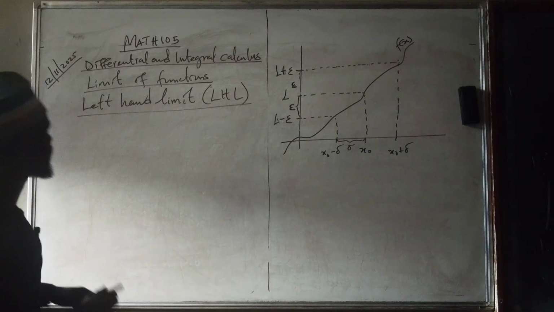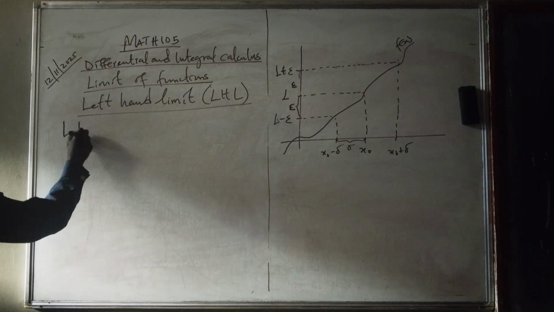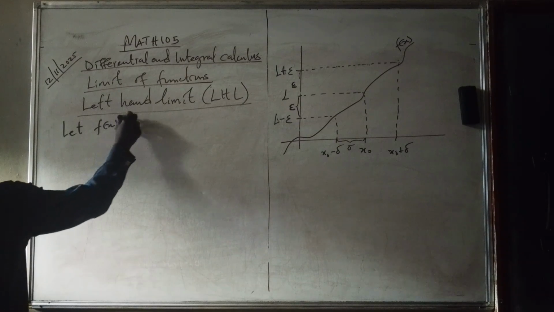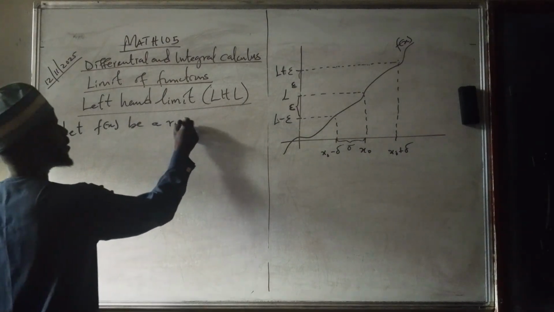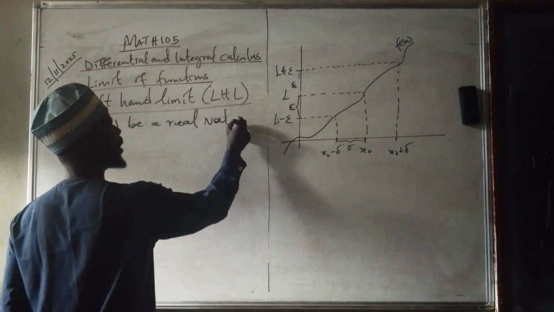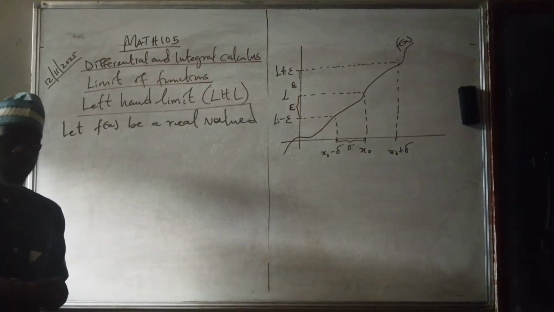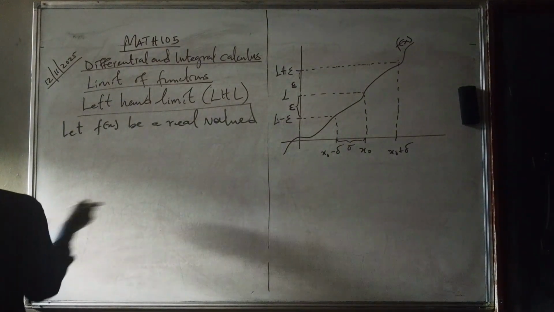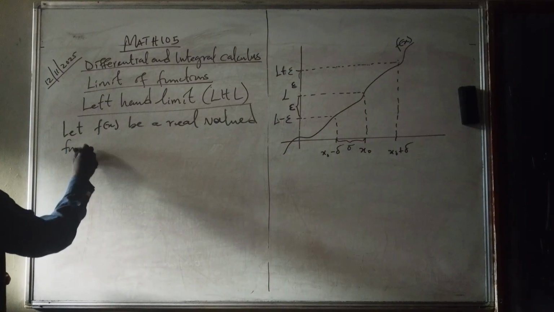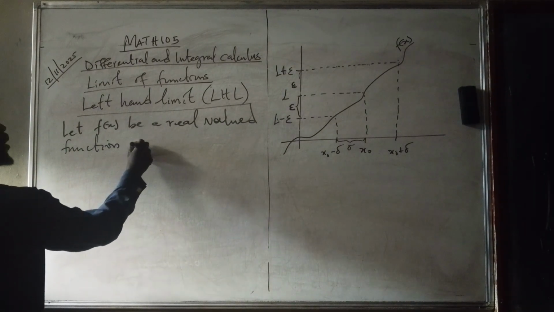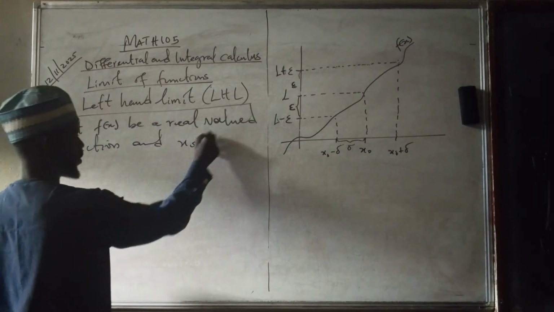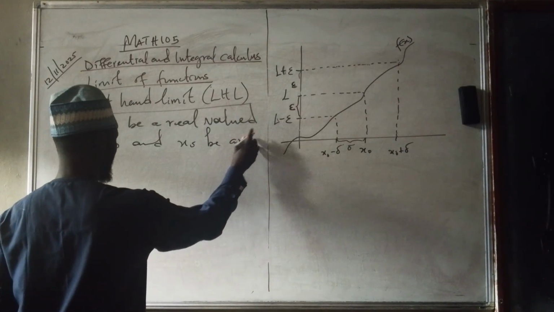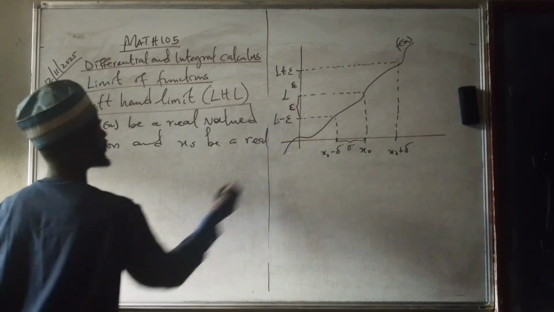So to define that, let f of x be a real valued function. Remember, we are considering a function of one variable, that is x, a real valued function, and x naught be a real number,